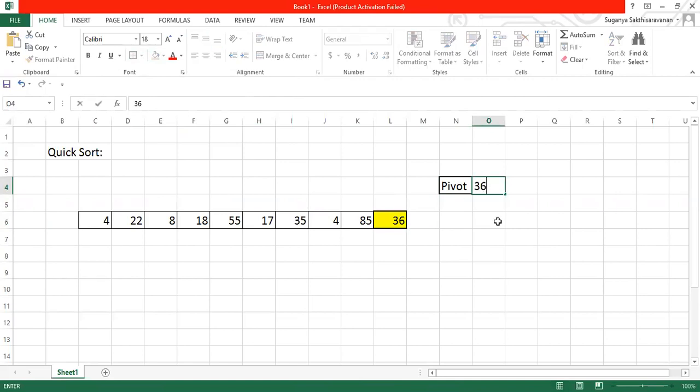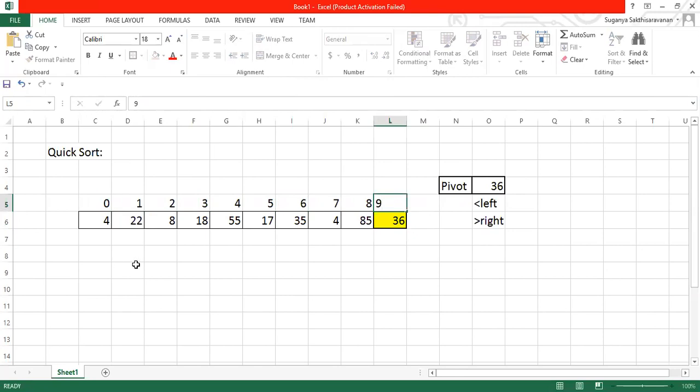What is the condition I told you? Whatever element is less than the pivot value will be placed to the left side of the pivot value. The element which is greater than the pivot value will be placed on the right side. So what does it mean? I'm taking this pivot value and bringing it to its appropriate position. Let me write the index positions: 0, 1, 2, 3, 4, 5, 6, 7, 8, and 9. Till this, I guess you are following. We are going to set a pivot value and work with it.